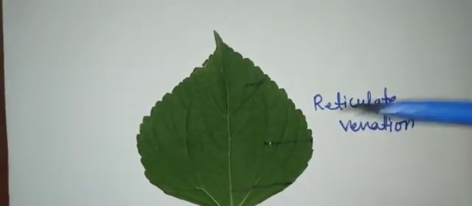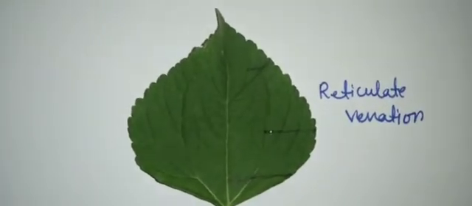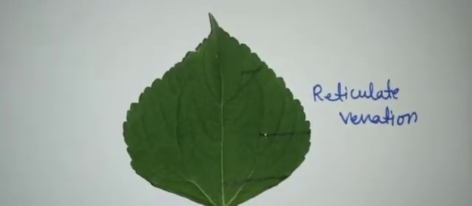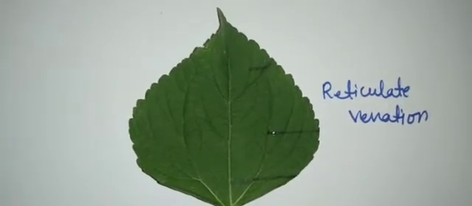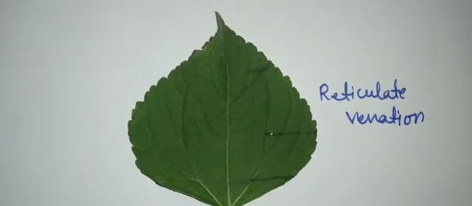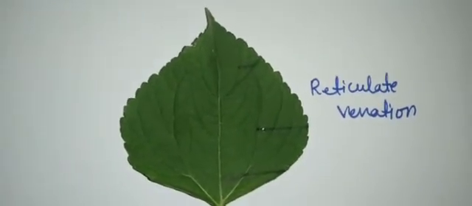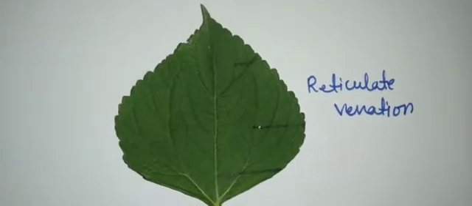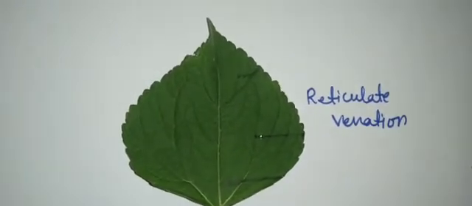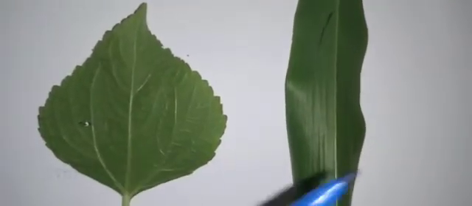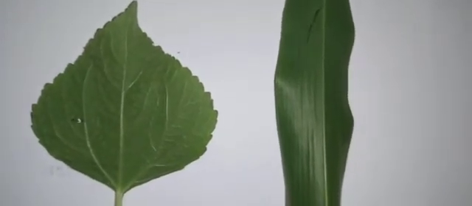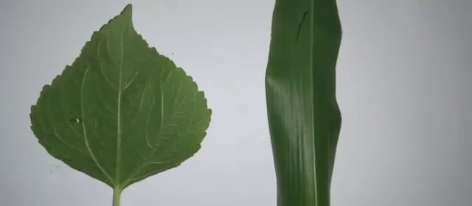There is a relation between the type of roots and the venation of the leaf. How can you identify whether it is a tap root or fibrous root? You would have to pluck the plant, right? Instead, we can use another method to identify whether the roots are fibrous or tap root. Students, just recall what we learned in the previous class about the root system. One is the tap root system, another is the fibrous root system.